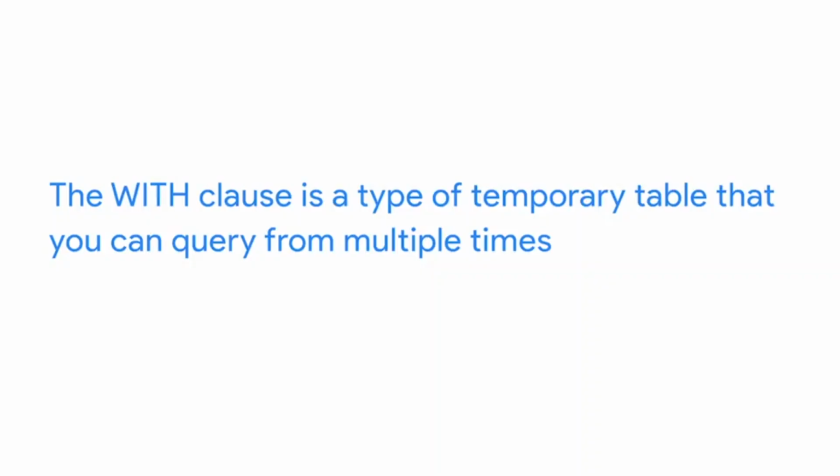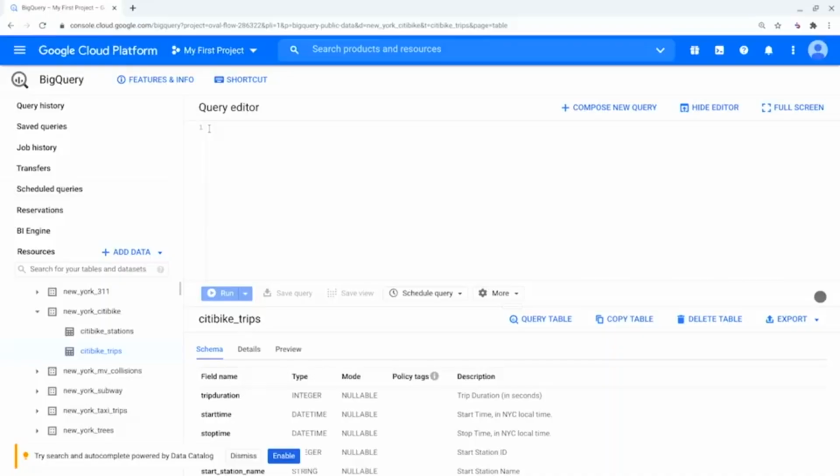For this scenario, we'll use BigQuery. We'll apply a WITH clause to our query. The WITH clause is a type of temporary table that you can query from multiple times. The WITH clause approximates a temporary table. Basically, this means it creates something that does the same thing as a temporary table. Even if it doesn't add a table to the database you're working in for others to see, you can still see your results, and anyone who needs to review your work can see the code that led to your results. Let's get this query started.